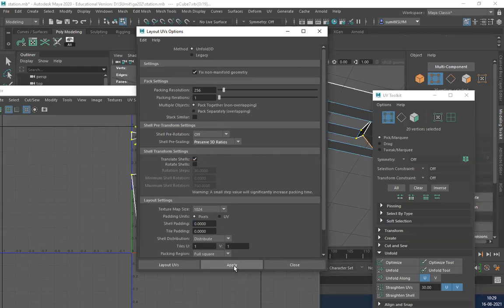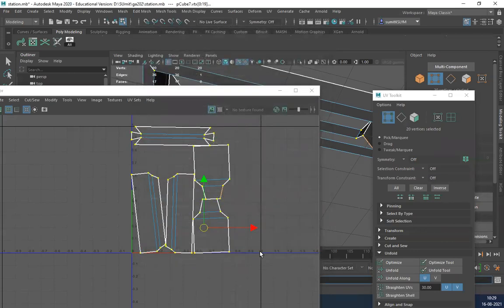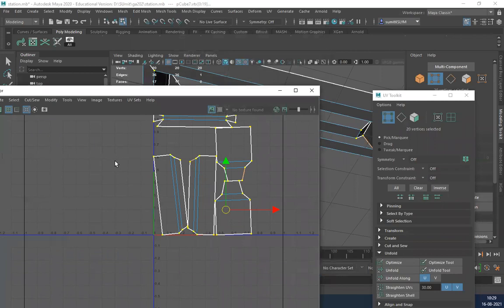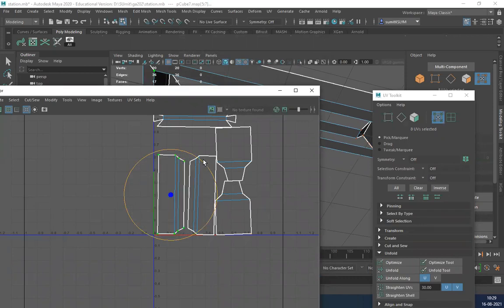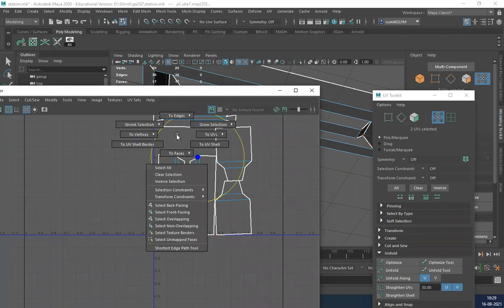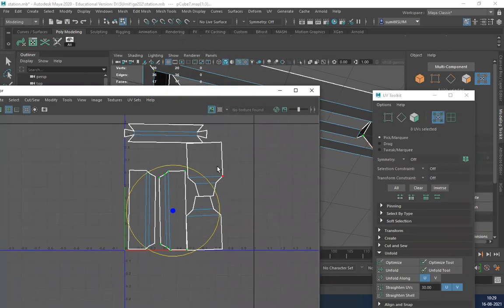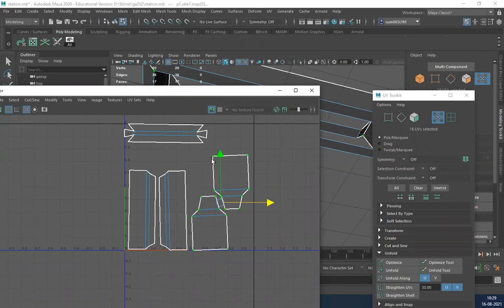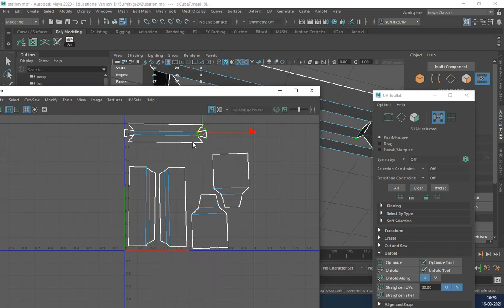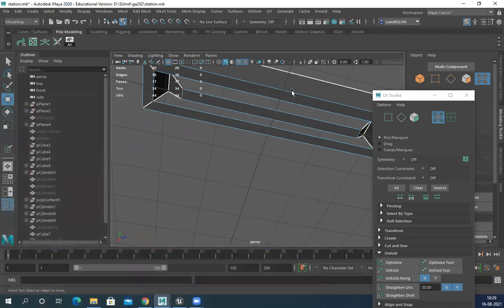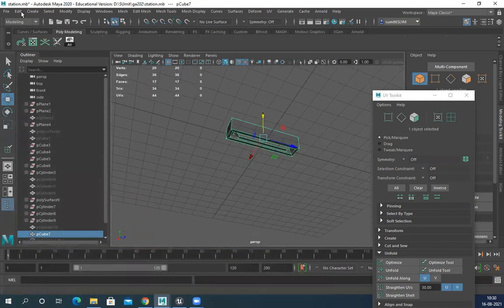Protect UV ratio, apply, close. So now they are in correct proportion, correct ratio. And just want to make sure, straighten them. And slide distance. And this one is like light. Let's keep it. So one file. Very simple basic file, nothing fancy.